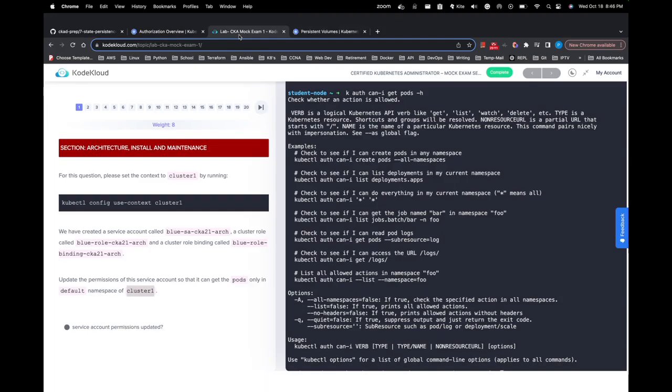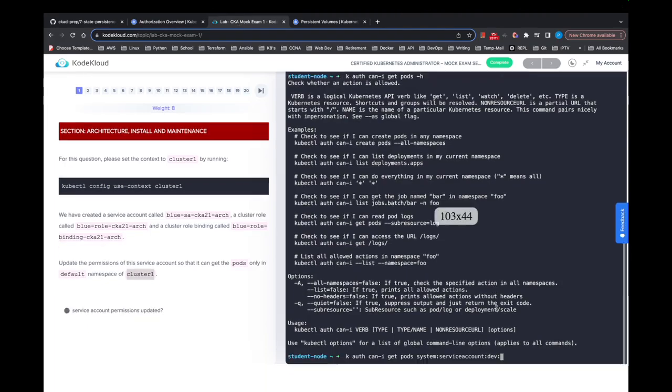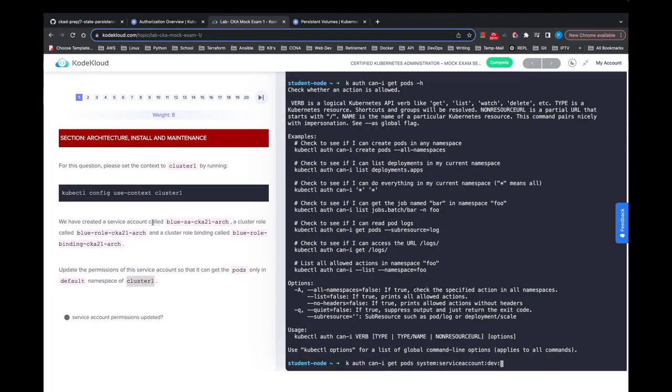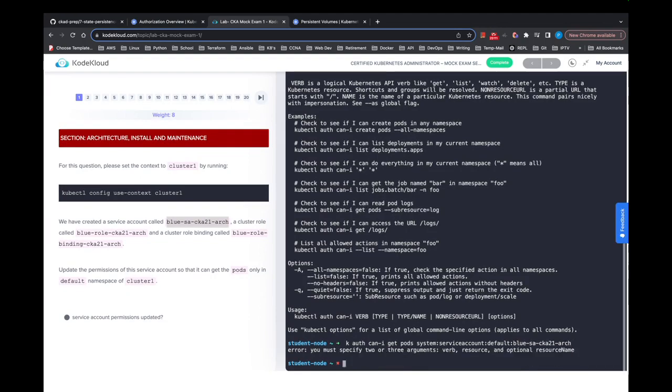So yeah, this is the actual service account, right? Then it's in default, right? So can I get pod system service account default blue? Okay, I need to as